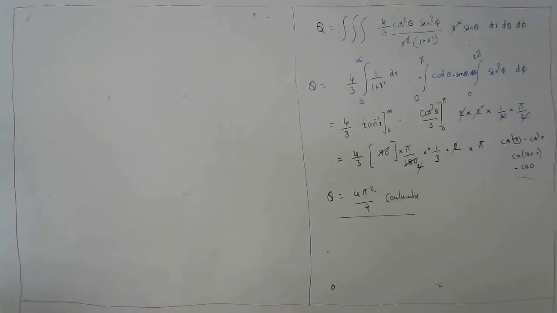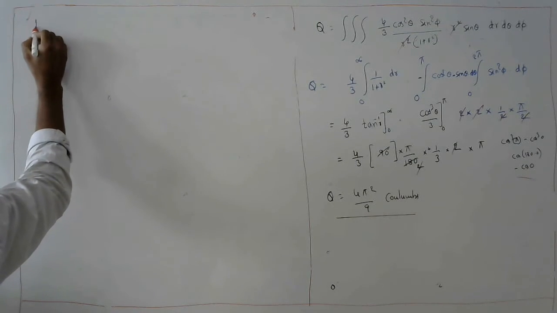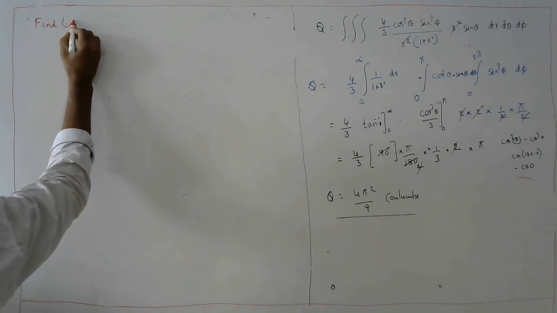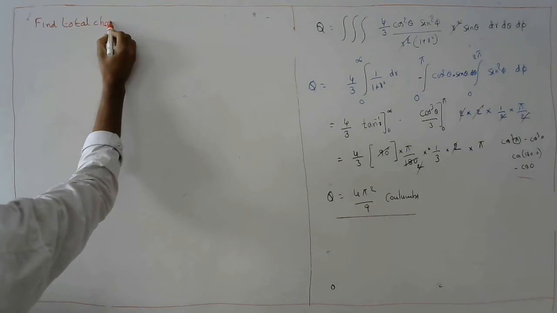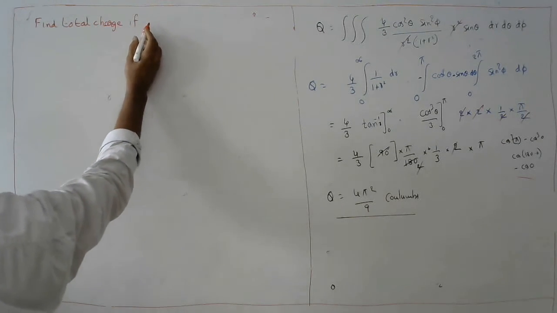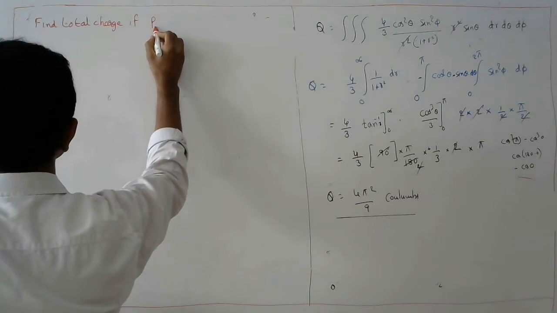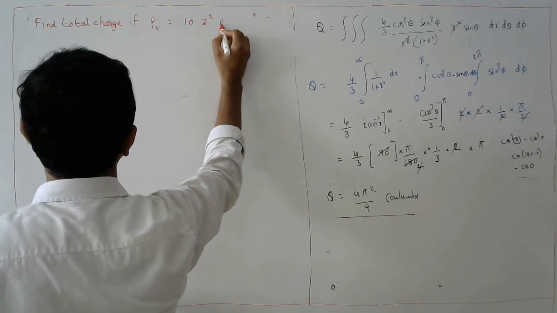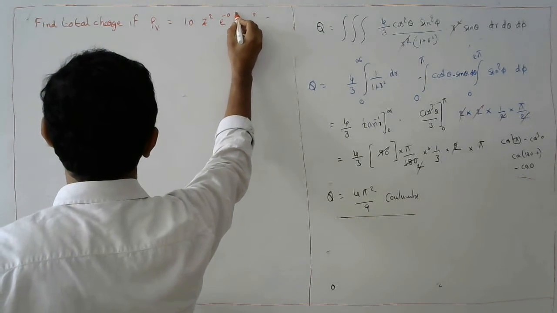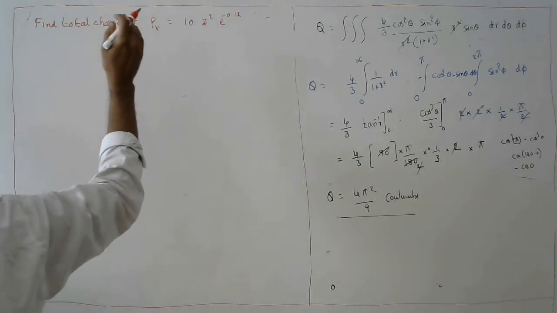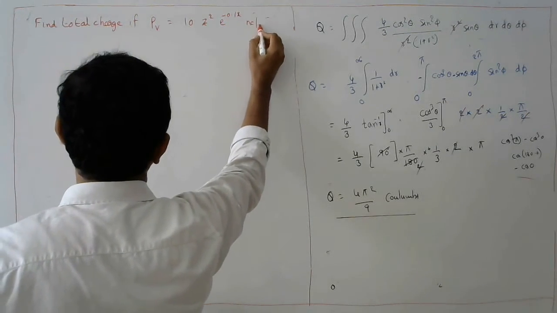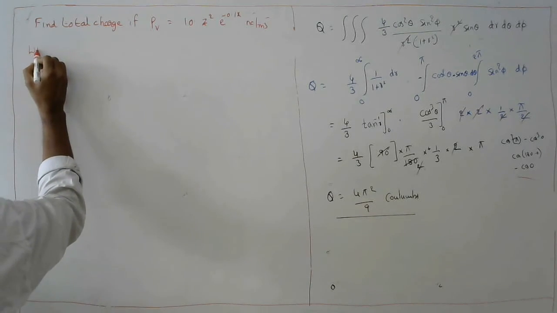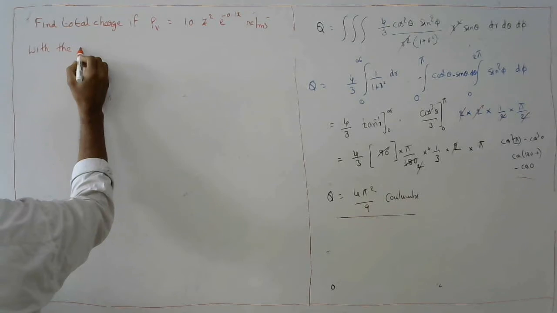So here also I am asking to find the total charge if the volume charge density rho v is given as 10 into z square into e to the power of minus 0.1x nano coulombs per meter cubed with the ranges of